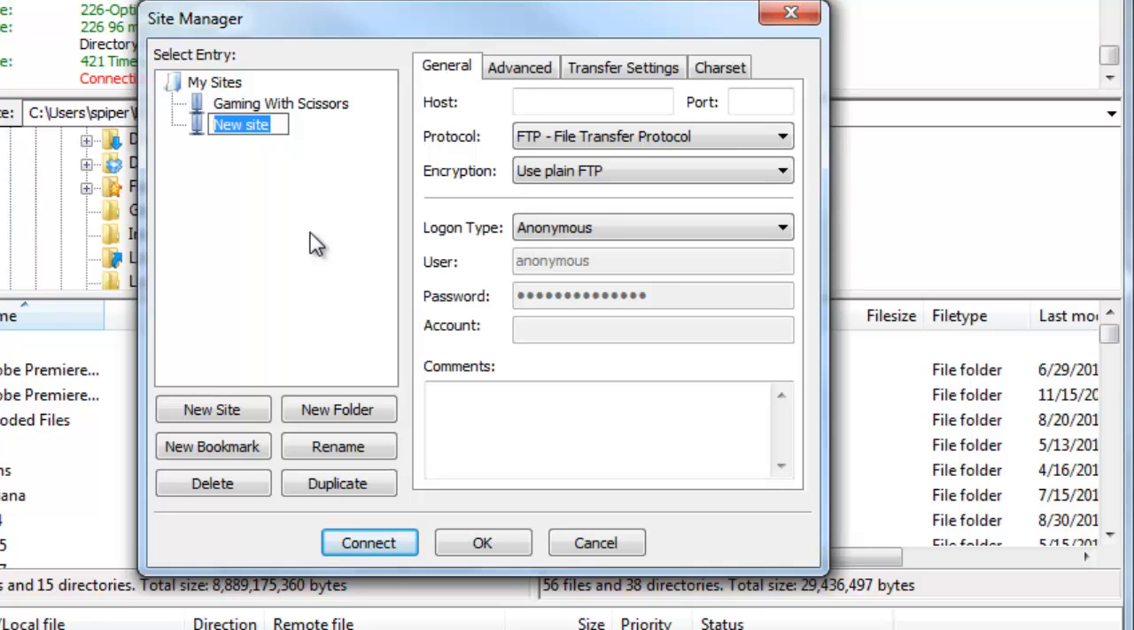Now we're going to name it. You can call it anything you'd like. It doesn't really matter. I'm going to call it WebTech. Once you're done, just click off of it, and it saves that name. Now we need to fill in our host information. The host is just the URL to our server. So we have